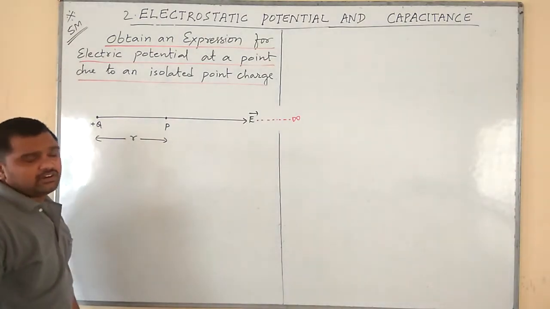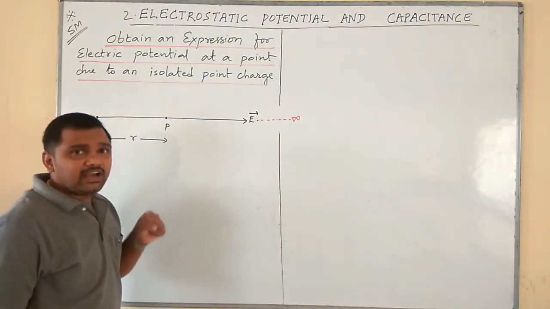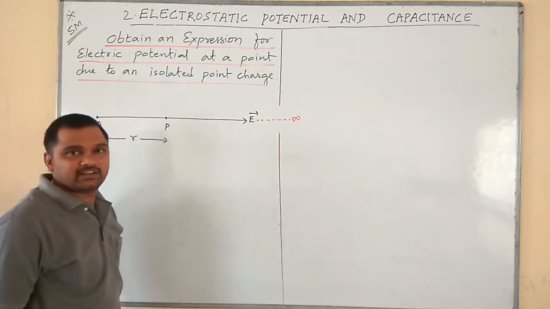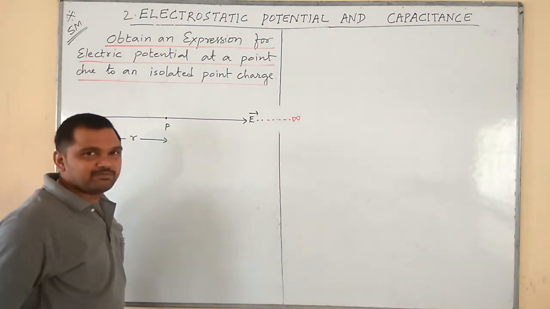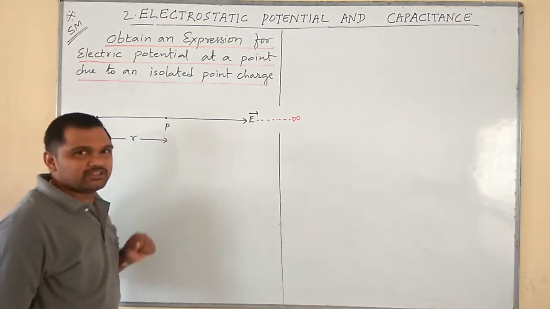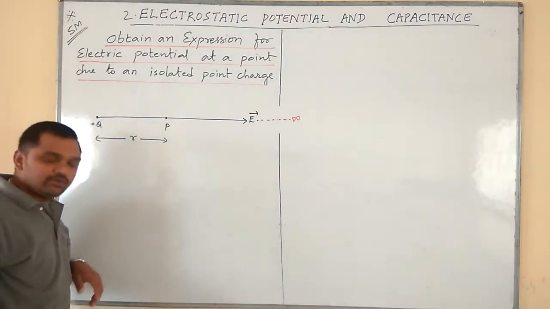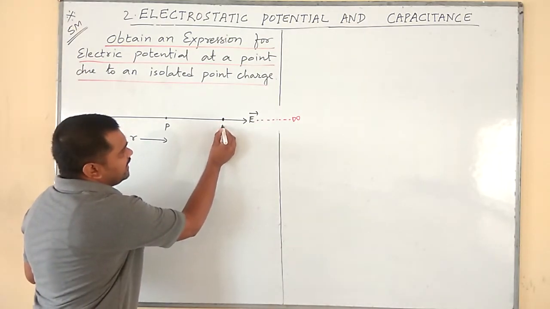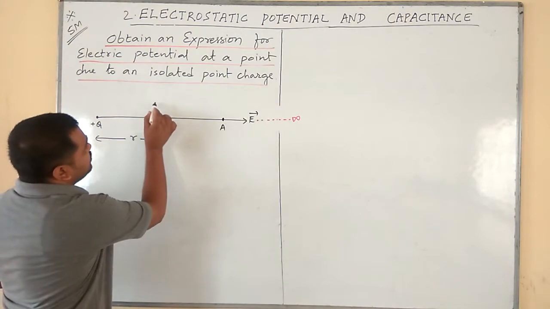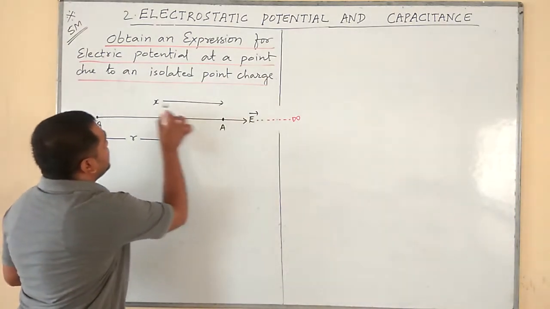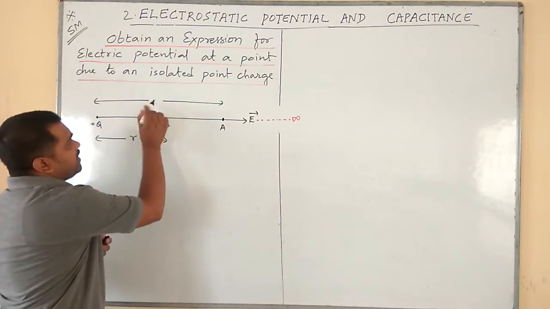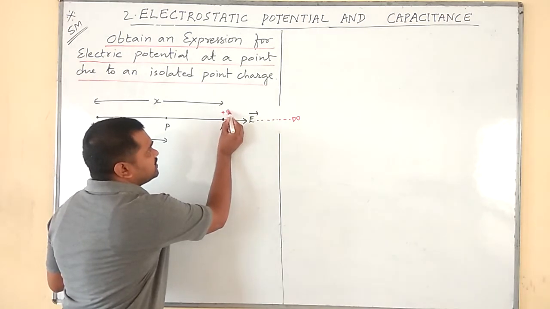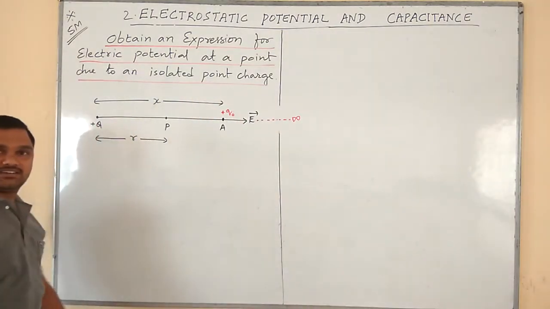Can you tell me, bringing a unit positive charge from infinity to any point, is it a small work or huge work? Strictly speaking, an impossible work, but mathematically we will prove that. For that, we consider some point A at a distance of some x from that isolated positive charge, where we have to imagine a unit positive test charge Q0.